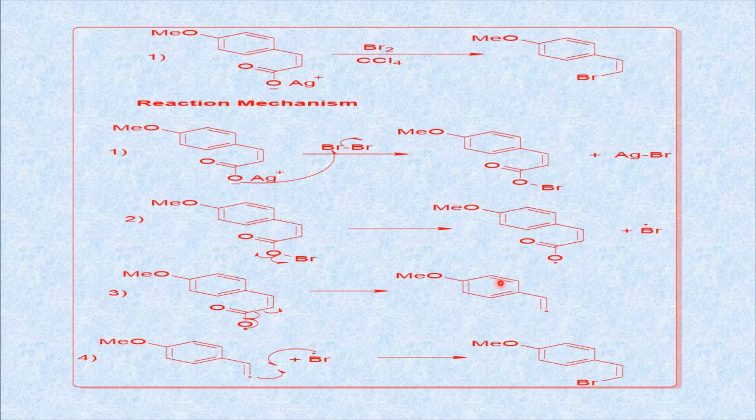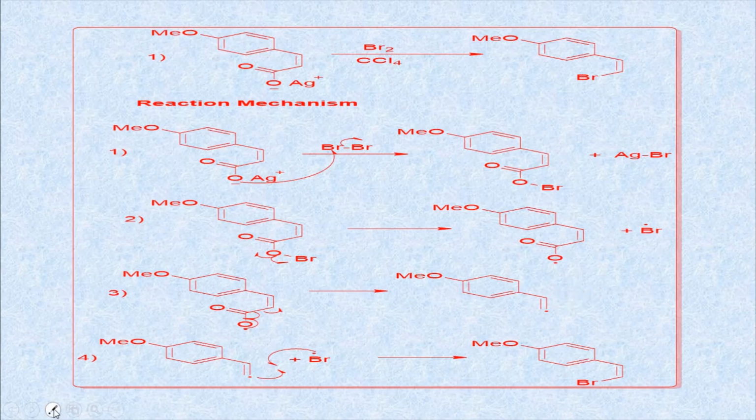Now the next step is decarboxylation of this adduct. The oxygen radical delocalizes here, and in the same way the breaking of the C-C bond takes place. It generates a CH2 radical, that is the vinyl radical, and after breaking it generates a C radical. The C radical reacts with the O radical and converts to CO2. Here CO2 is missing, so you have to write plus CO2.